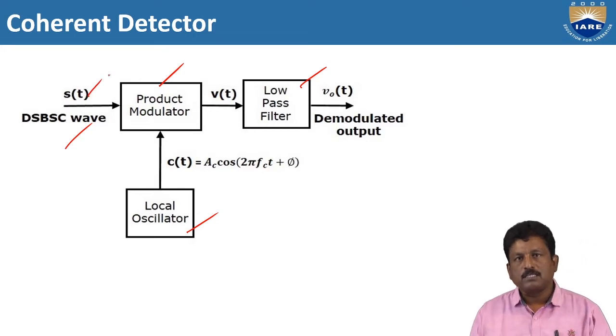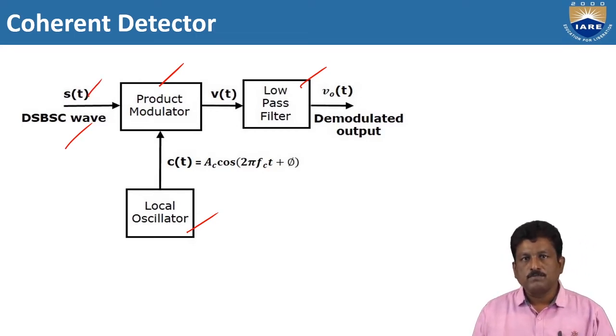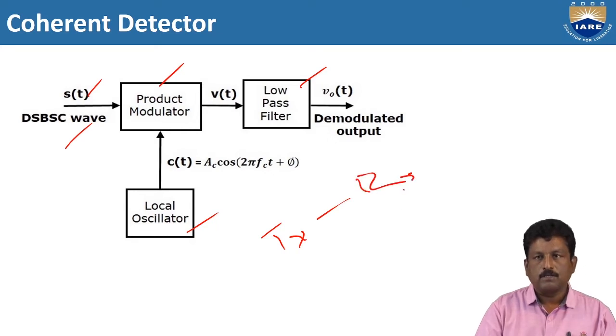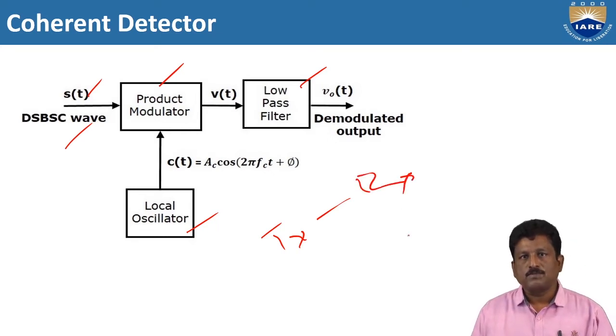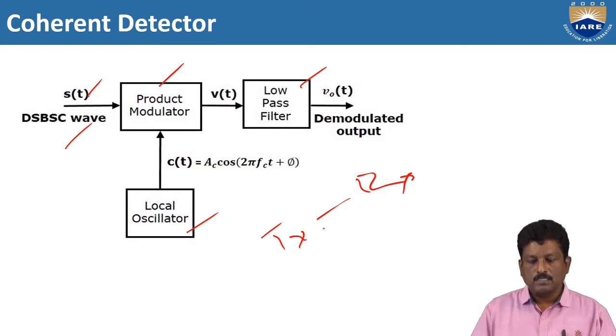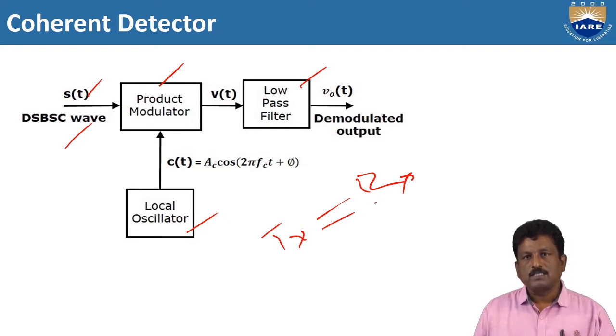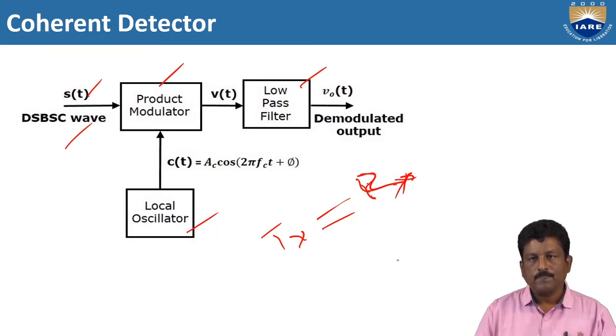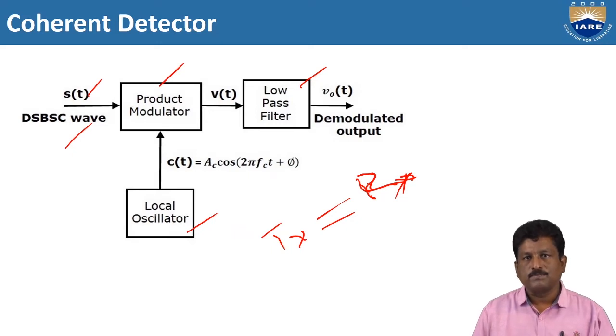So after the modulation generation, that modulated DSBSC wave is transmitted through the wireless channel. At the receiver side, you have to receive that input signal. So that comes to the three basic elements: transmitter, channel, and receiver. On the transmitter side, we transmit the modulated wave, which is carried by the channel, and on the receiver side, you have to receive the transmitted wave, which is the output of the transmitter, at the receiver RX. RX stands for receiver, TX stands for transmitter.